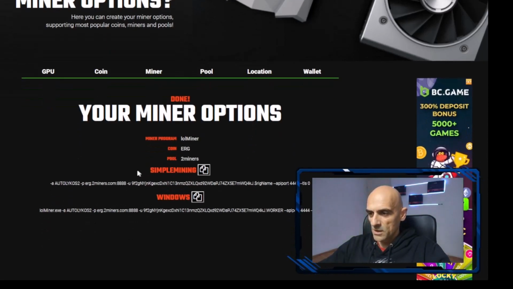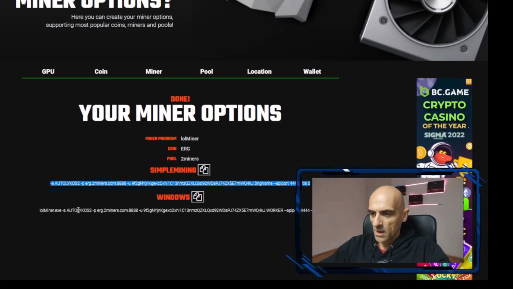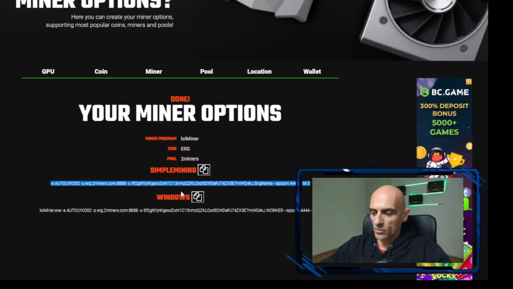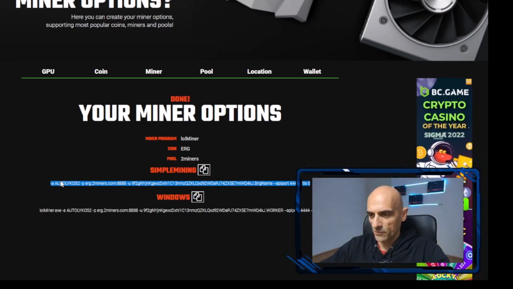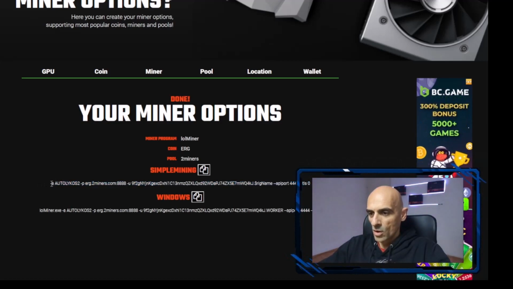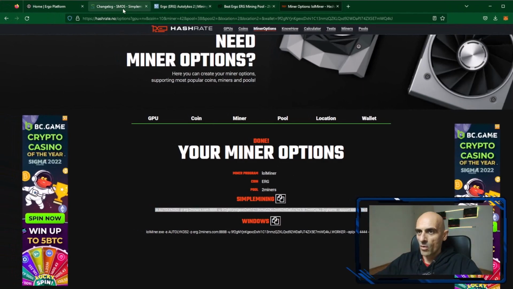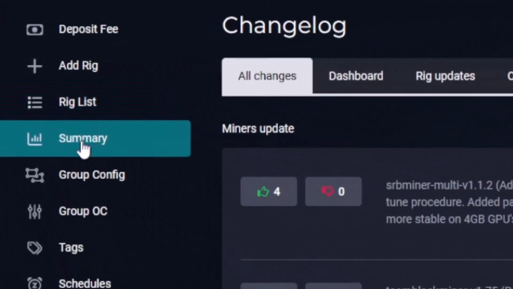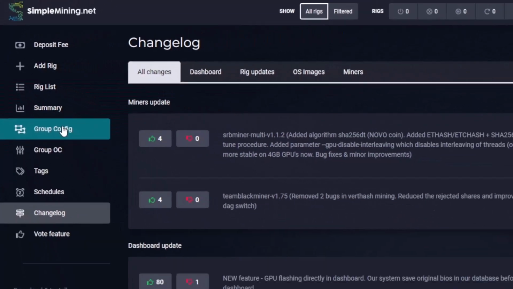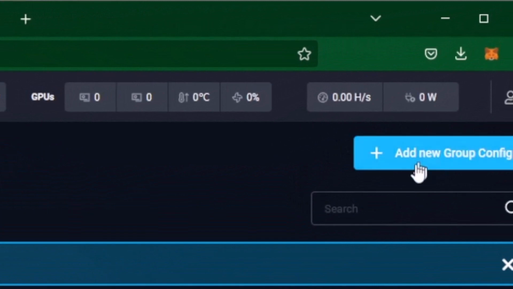For LOL mining in SimpleMining, we have prepared a line, and if you want to try it on Windows, you can copy this. But as I said, we are setting up SimpleMining for mining Ergo, so copy this line, open your SimpleMining account, and from the left side go to the group config. From the right side you have add new group config,